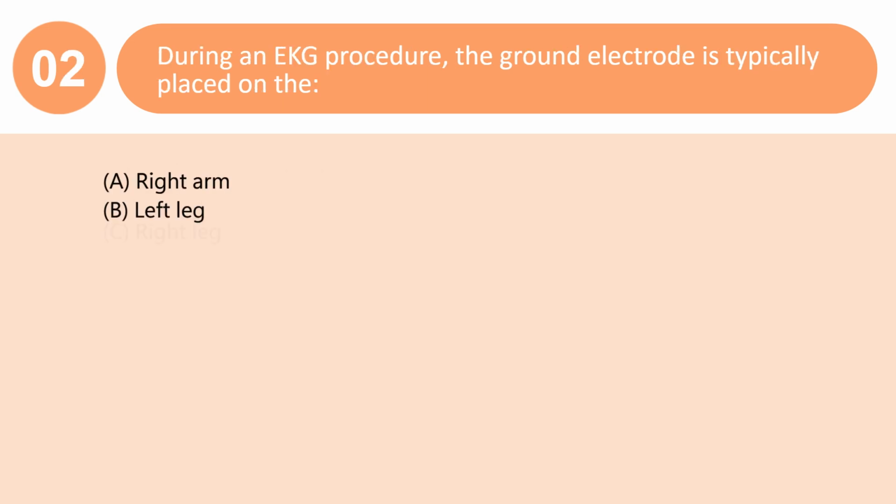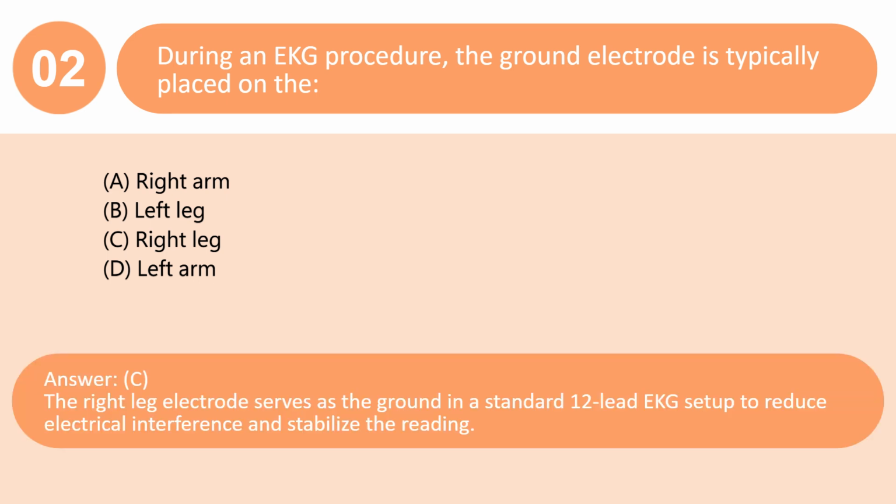During an EKG procedure, the ground electrode is typically placed on the A. Right arm. B. Left leg. C. Right leg. D. Left arm. Answer: C. The right leg electrode serves as the ground in a standard 12-lead EKG setup to reduce electrical interference